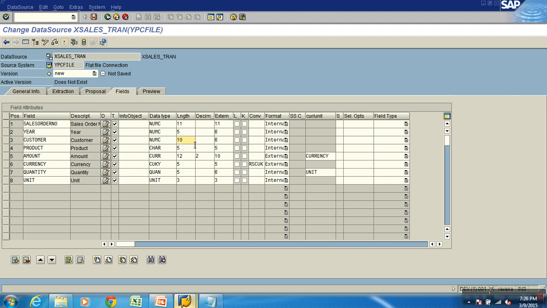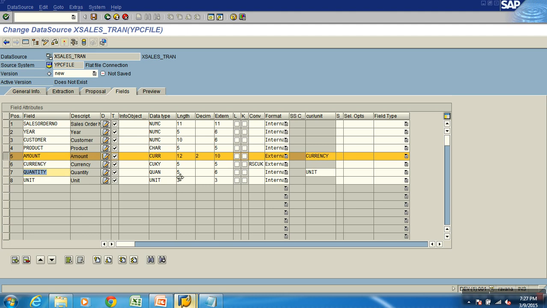So I'm at Atla. You can customize it like this. Then what product should be char 5. This amount is currency 12 decimals. For currency, it is taking the database currency key, and here it is linking. It's saying for amount, the currency field is the reference. Linking on the right, see, for amount we have got the reference of the currency field. This field is linking my amount and quantity quan 5.